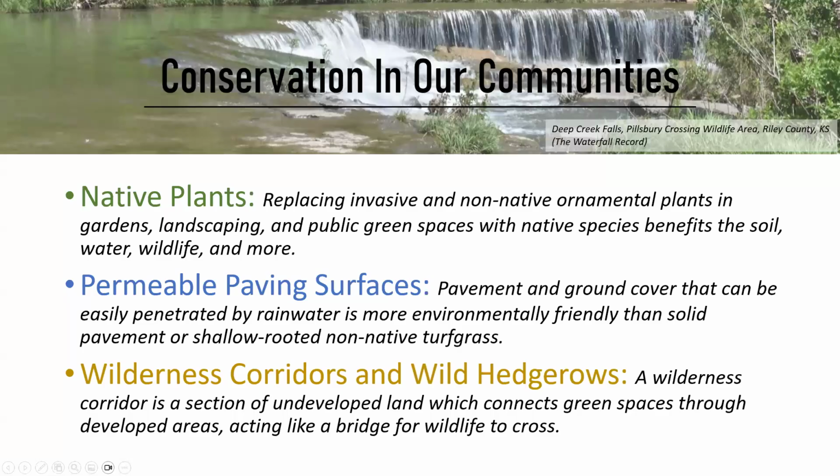So in our communities, the ways that we can practice this sort of conservation mimicking natural floodplains. Native plants are a huge one, one that I feel like a lot of Kansans can get behind, especially things like milkweed, seeing our monarch population still struggling, but I feel like I've seen a few more in recent years than maybe 10 years ago. Replacing invasive and non-native ornamental plants in gardens, landscaping, and public green spaces with native species benefits the soil, water,